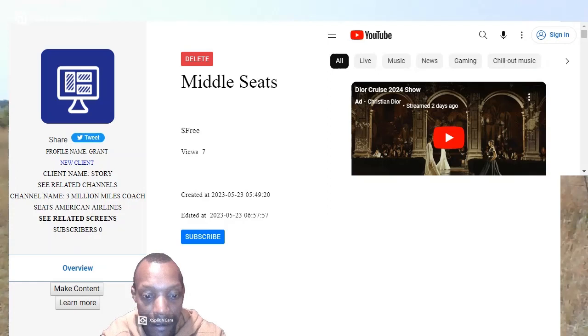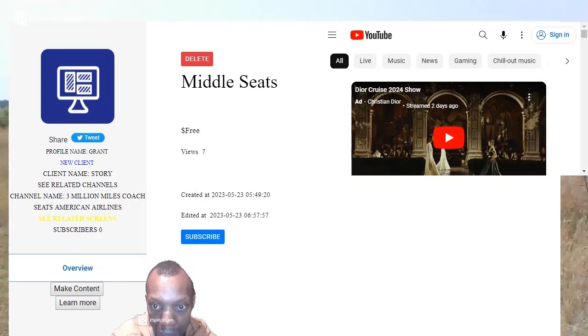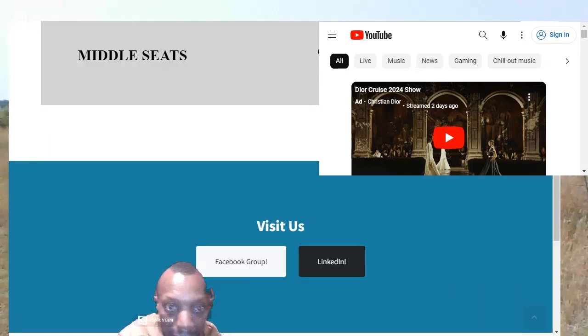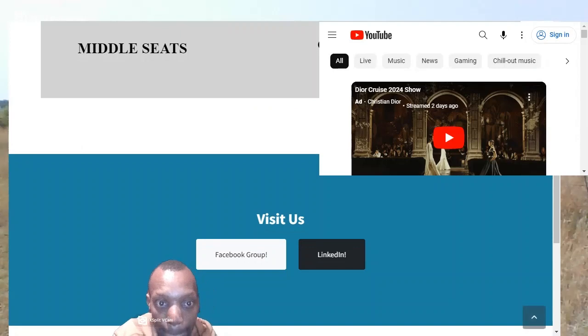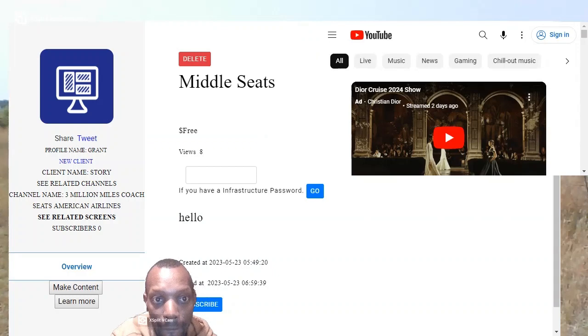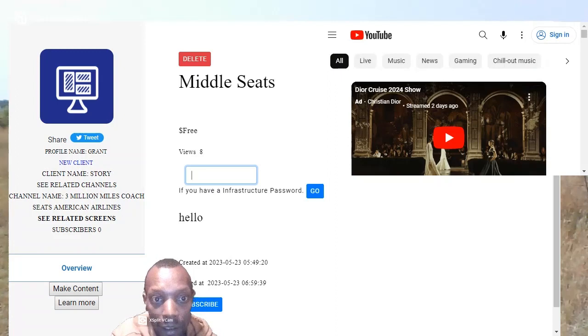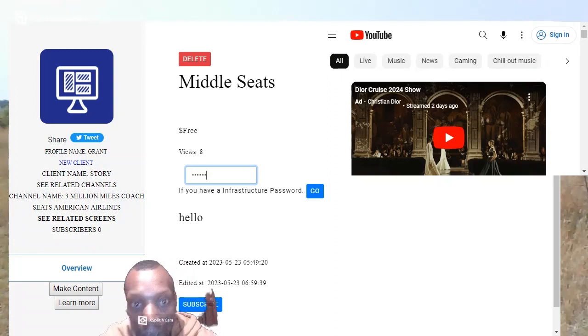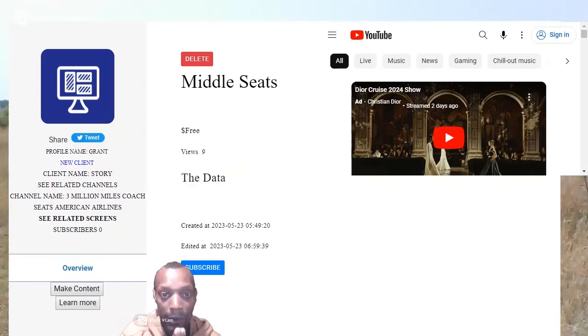Let's see if we can keep the data password protected here. Where's the data? Let's go directly to it. We got the hello here. Nothing else showing. Let's see. Do we have the data? Password protected. The data. That is the password protected data.